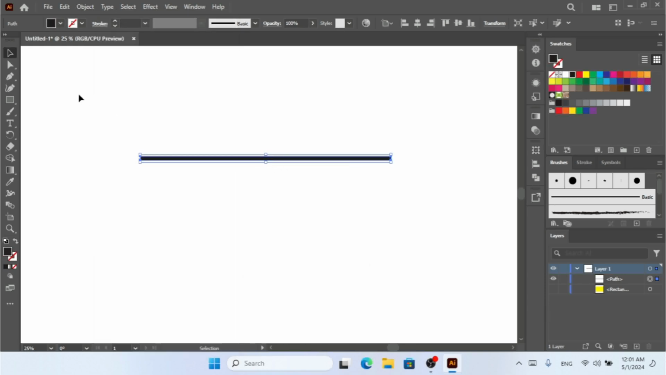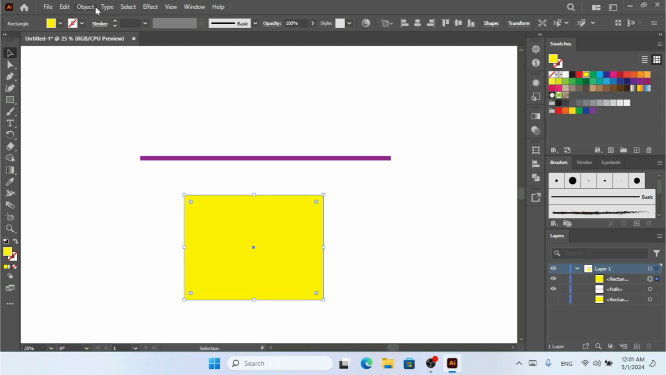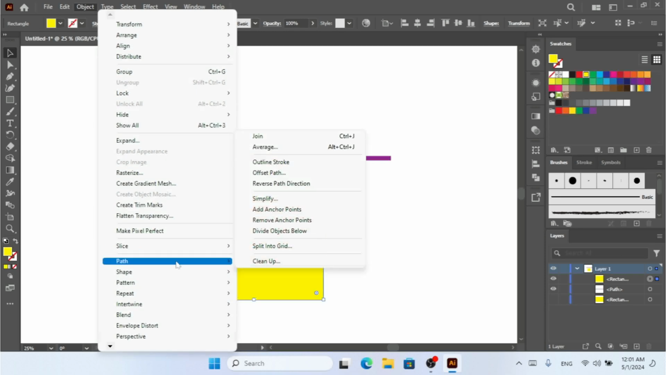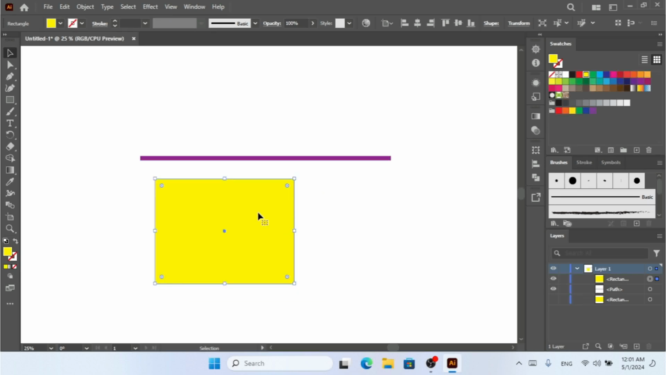As you can see, the outline stroke is going to convert into a single shape here. So now I can fill it with any color. This is going to be the same size. Let me make another shape here and I'm going to apply this outline stroke to this. Now if I go to the path and click on outline stroke, nothing actually changed here because it's already a single shape. But if I'm going to add a stroke to this shape,